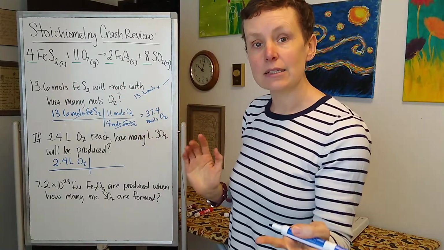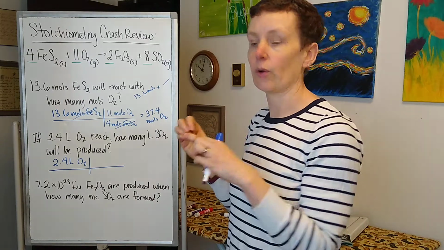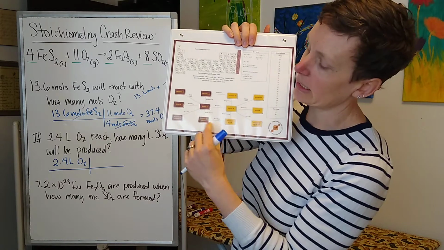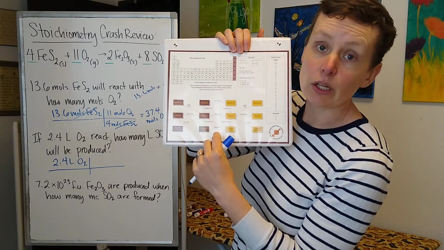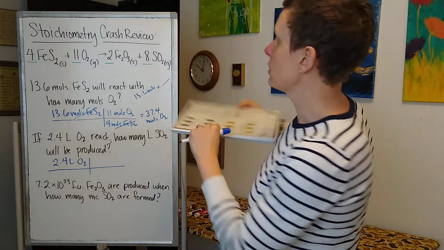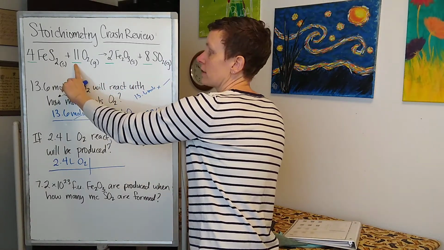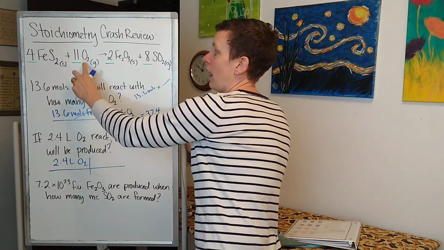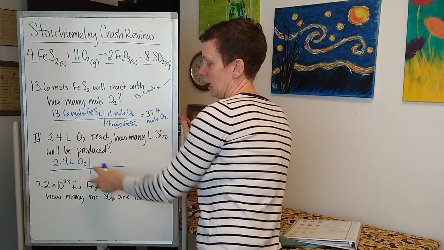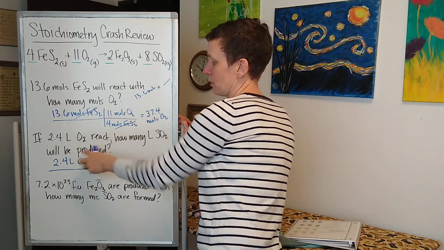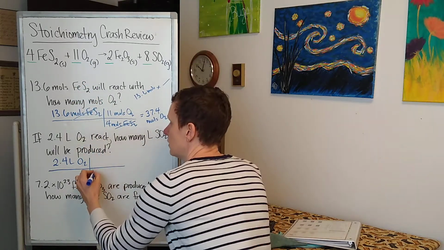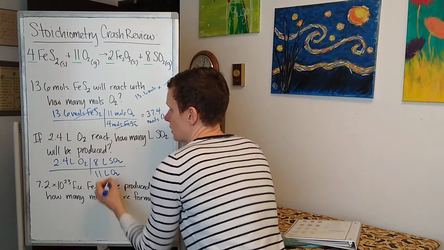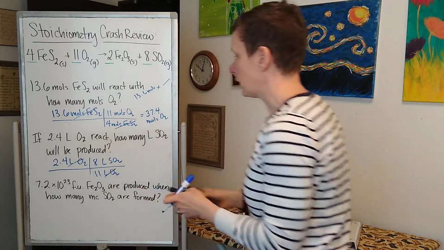Or, because they're gases, I can just change the units. So when we use the mole ratio down at the bottom of that molar map, it's connecting two volumes. The units you want to use are liters, the volume unit, okay? So this is the same as saying 11 liters of oxygen will react to produce 8 liters of SO2. So I want my oxygen on the bottom to cancel. I want my SO2 on the top because that's what I'm trying to find, okay? So 11 liters of oxygen will produce 8 liters of SO2. So my liters of oxygen cancel out, and now I can do my